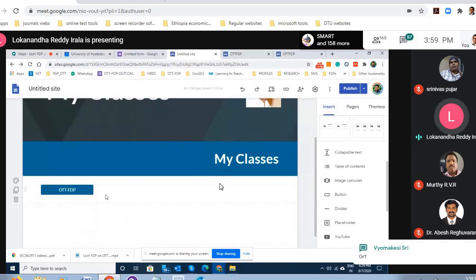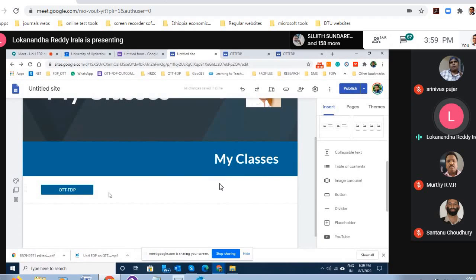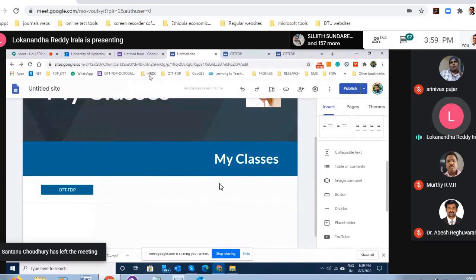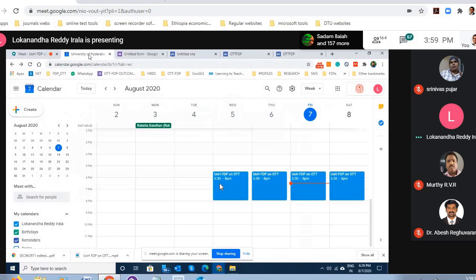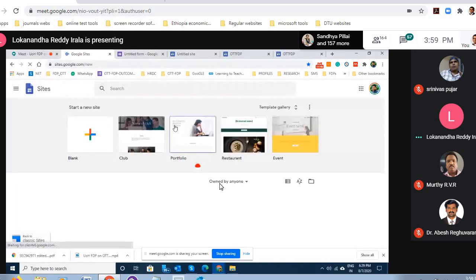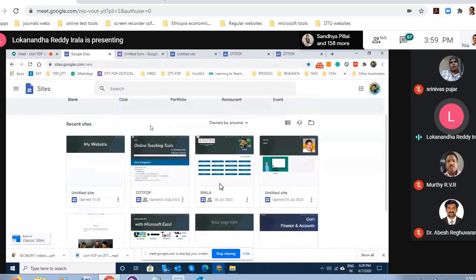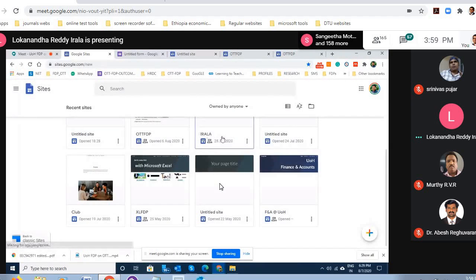So OTT FTP is one class. Let us say recently I did an Excel FTP. So let me go there. Sites. These are my sites. Let us say this is the Excel FTP site.